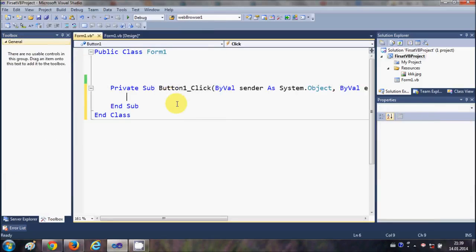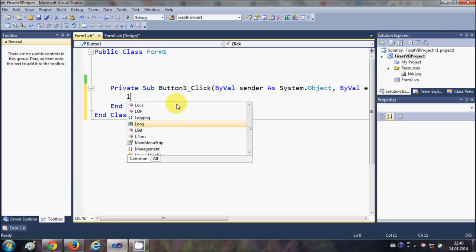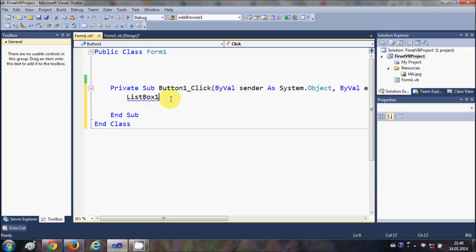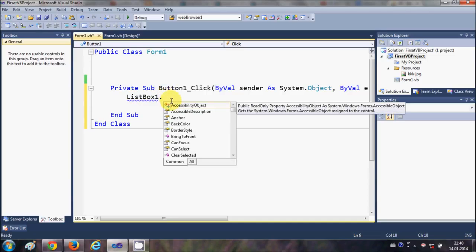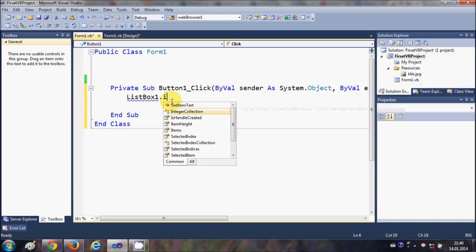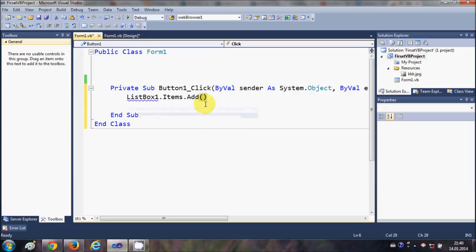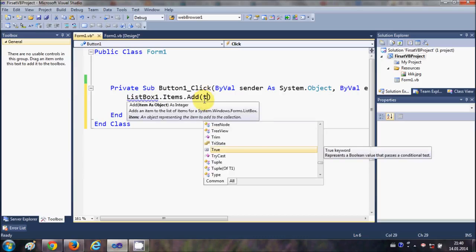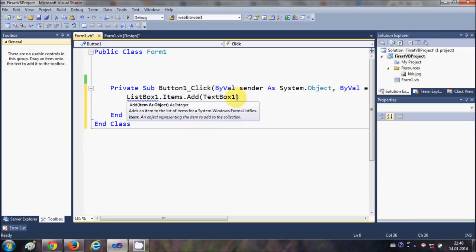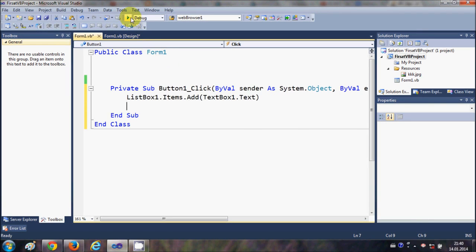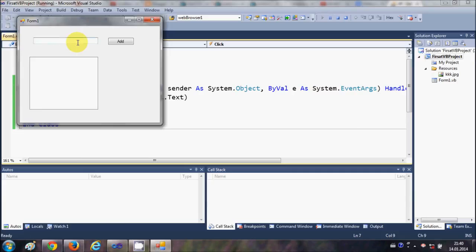So let's double click this and I will write list box 1, which is the name of my list box, and then dot, and I will say items dot add, and what I need to add, the text in the text box, right? So this is the name of my text box, which is text box 1 dot text, right? So let's run our program first, and I add some name in the text box, and I will say